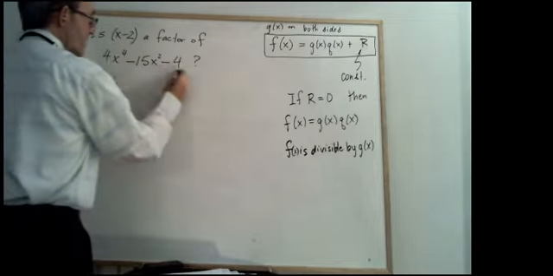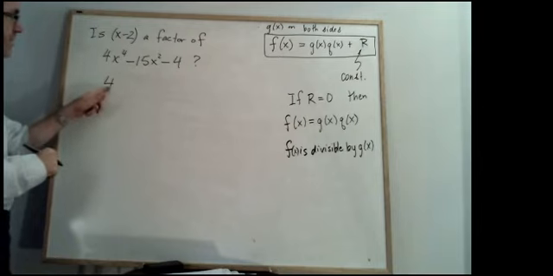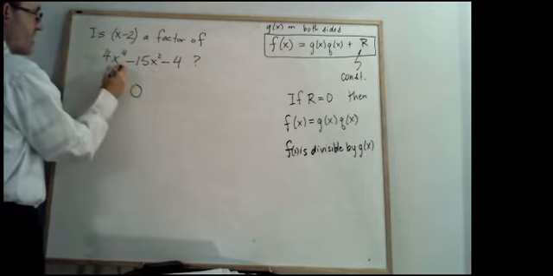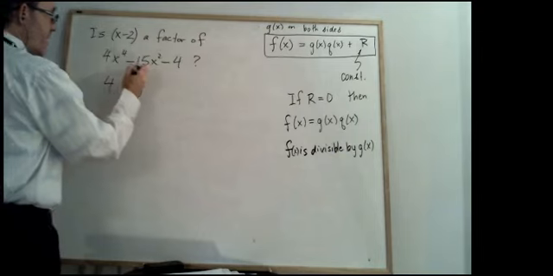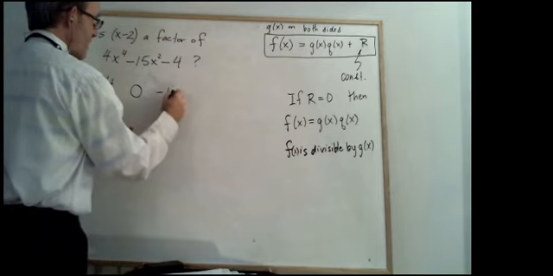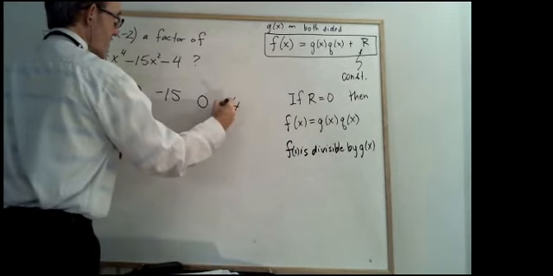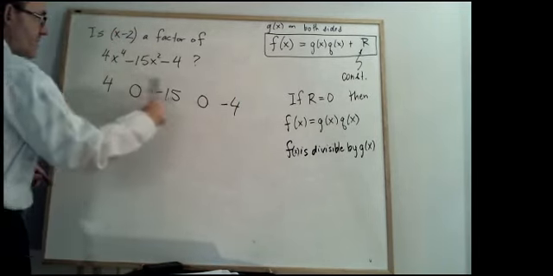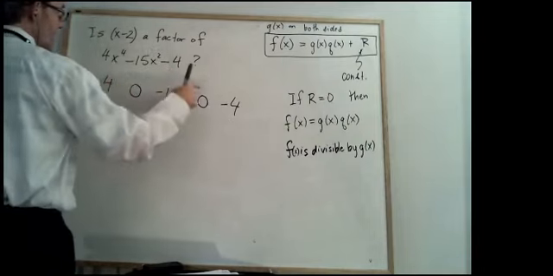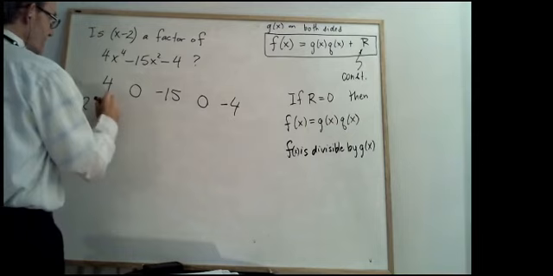So now, just to illustrate the things you have to be aware of. My first coefficient will be 4. My second one will be not minus 15, but 0, because I should have an x cubed term here normally, but its coefficient happens to be 0. So I have to put a 0 there, and then I get minus 15 for the x squared. And then the x term also gives me a 0, and then I get minus 4 here. So I have these two zeros that I have to insert at the appropriate places, corresponding to x cubed and x. And then I take my 2, put it out front, and then I go ahead and do